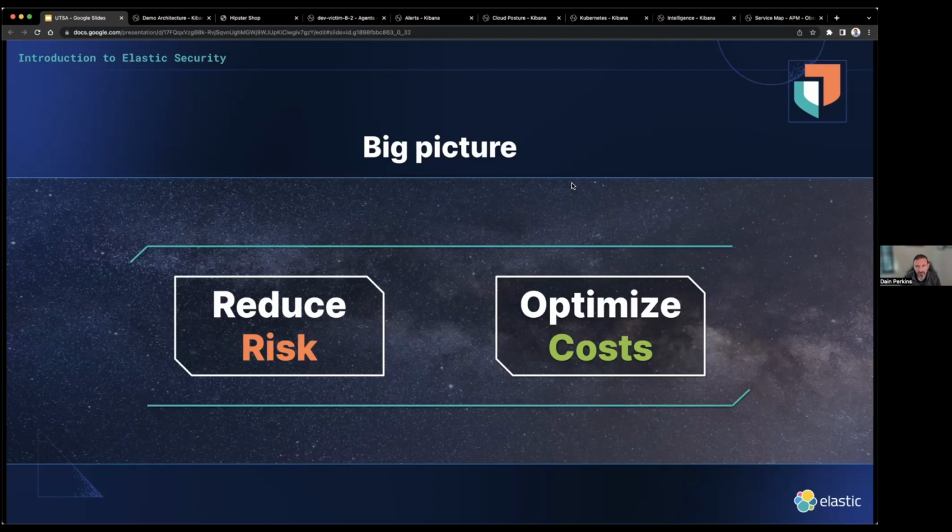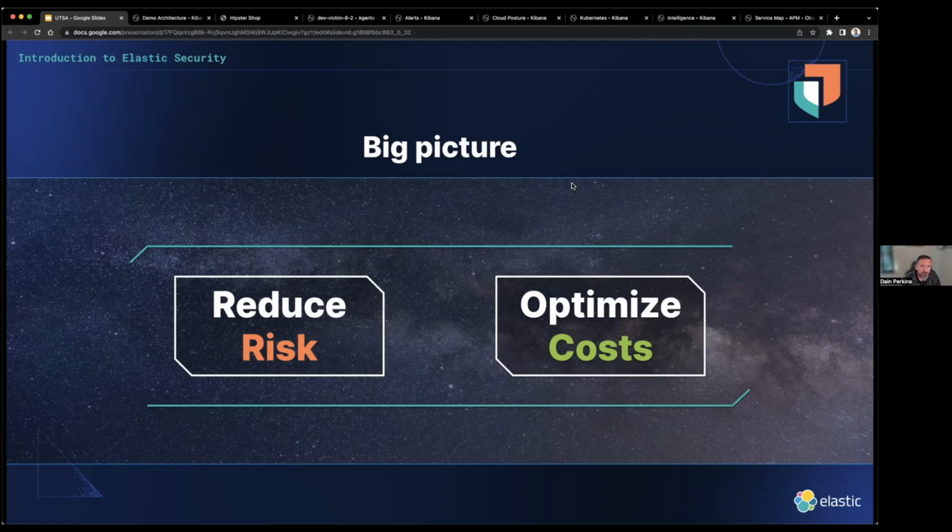And I used to say reducing costs, but once you give up the budget, you never get it back. So we try to shoot for doing the most with what you have, as opposed to potentially reducing costs and maybe giving up that budget.